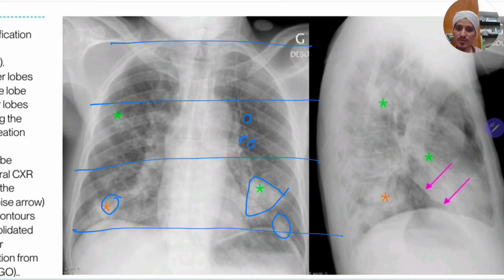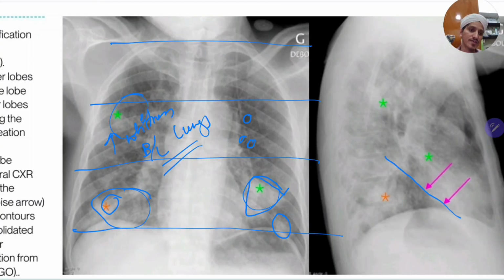See, these are all air bronchograms, and mainly you are seeing increased whiteness in bilateral lungs. So multiple lobes are involved. This is the lower lobe, this is the lingular lobe, and this is the upper lobe of the lung. So multiple lobes are involved, and if you take the lateral chest X-ray, this is the oblique fissure, and